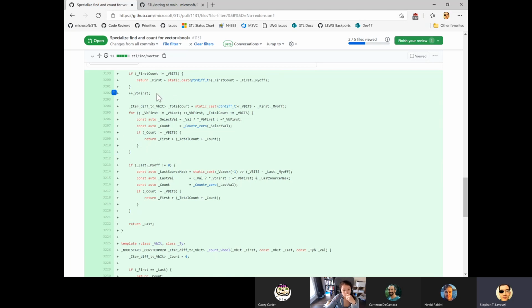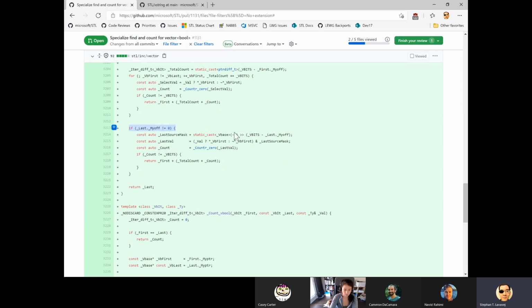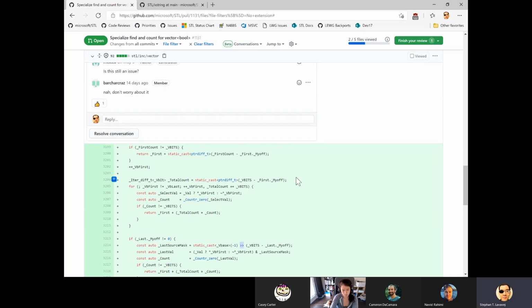Otherwise, we haven't found it in the first partial word. We haven't found it in any of the full words. We're looking at the very last word. If last myoff is not the 0 position, that means there are some bits in the last word that we need to consider. So we'll inspect that. Last source mask, we form this. Here it's a right shift because